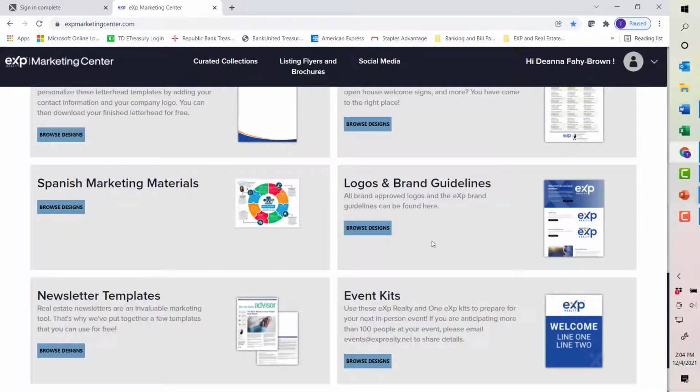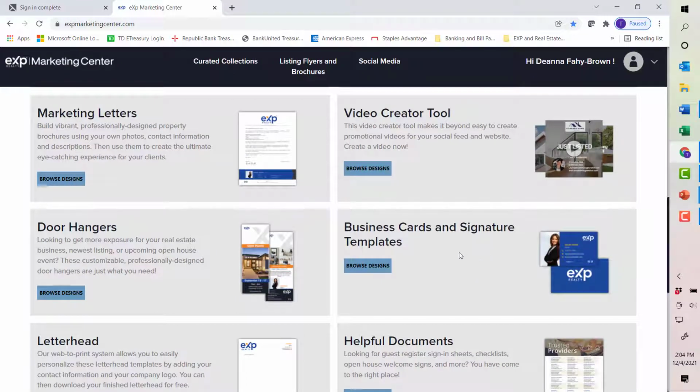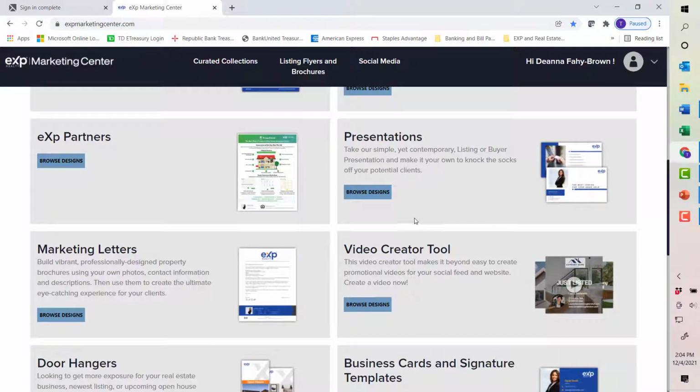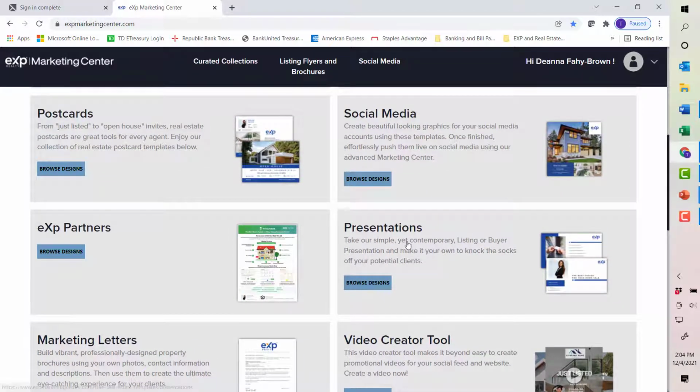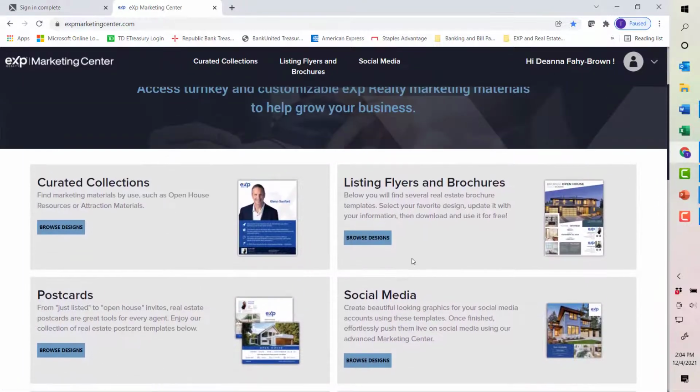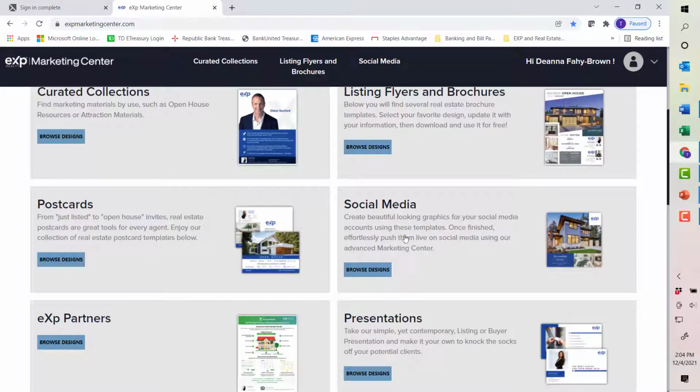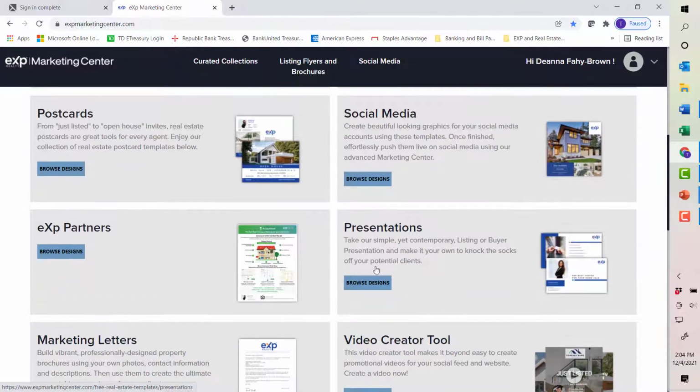There are a number of documents, templates, listing presentations that you can download, all in the guise of making technology work for you. I encourage you to come here and spend some time taking a tour, playing around, leveraging some of the presentations. In particular, if you are going on a listing presentation and can leverage one of these digital slideshows, how impressed would your clients be if you walked in with, for example, an iPad or a tablet and could give the listing presentation